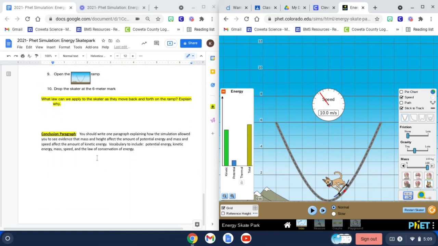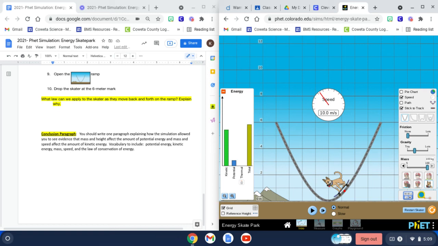Conclusion paragraph. You should write one paragraph explaining how the simulation allowed you to see the evidence that mass and height affect the amount of potential energy and mass and speed affect the amount of kinetic energy. Vocabulary to include: potential energy, kinetic energy, mass and speed, and the law of conservation. So if you aren't sure of where to start,